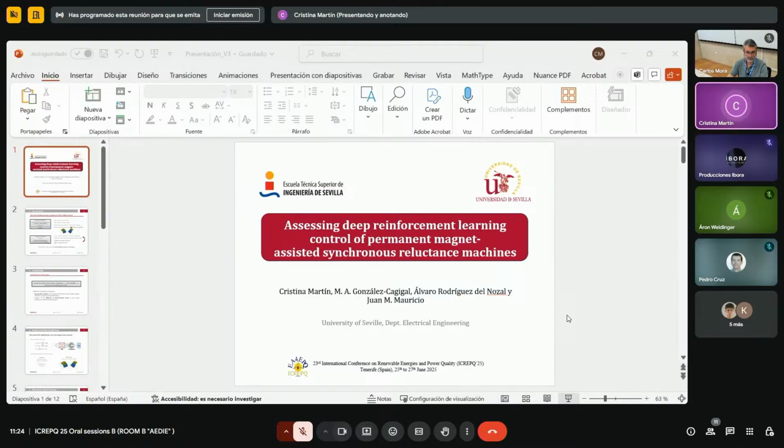Our main contribution is a model-free DRL control algorithm designed specifically for this kind of drives, as an alternative to the traditional finite control set MPC. We validate its performance through simulation and compare it against the predictive control scheme in terms of current control and harmonic distortion mainly. Additionally, we evaluated the robustness of the controller by injecting measurement errors, and also we tested the dynamic performance. We will see